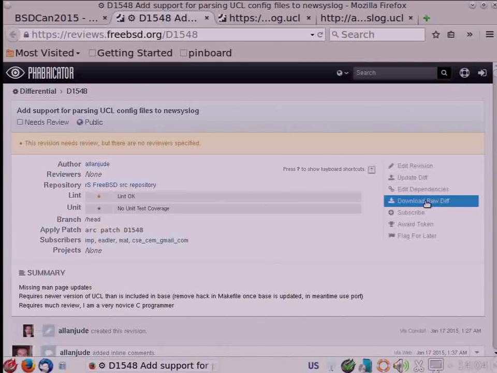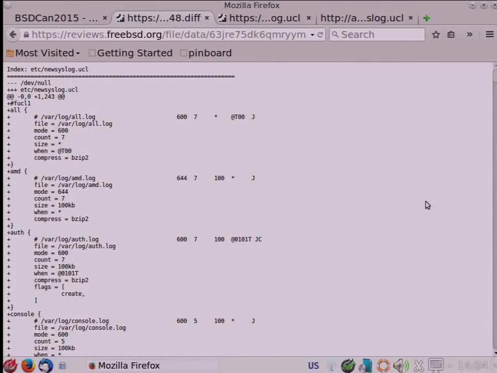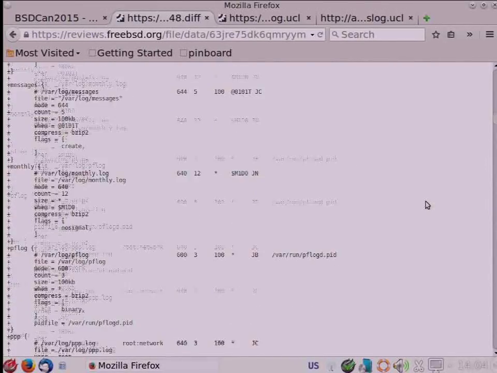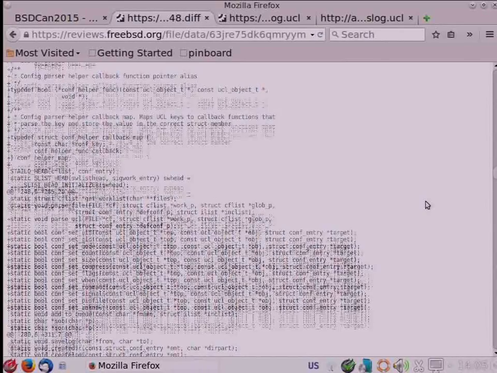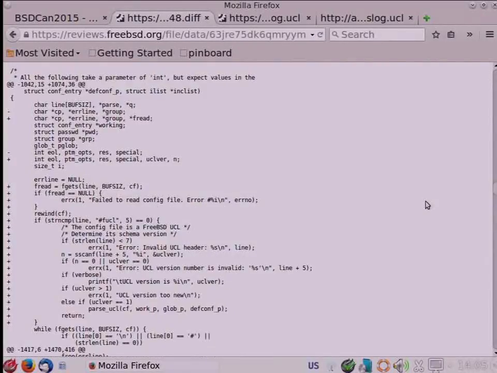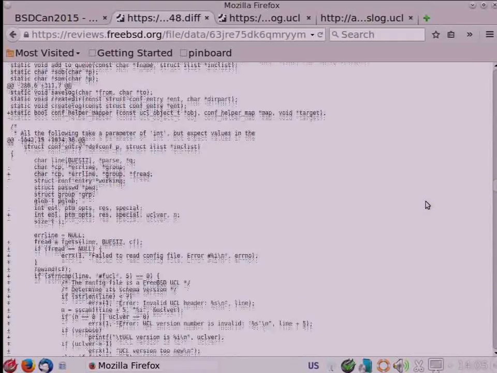Yes. I think I can just look at the rod diff. There we go. So what I did was in the original config parsing function here,